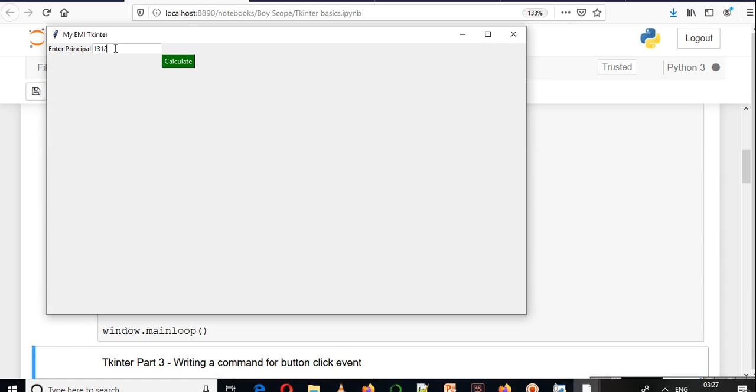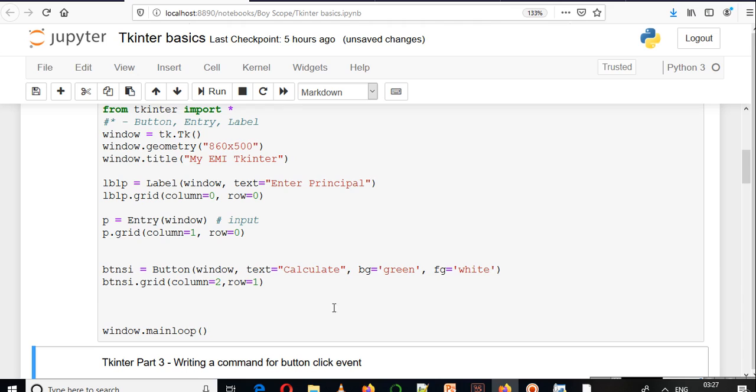If I enter anything here and hit calculate, you'll see nothing happens, because we have not written anything for the button click event. So we have to write a command here.